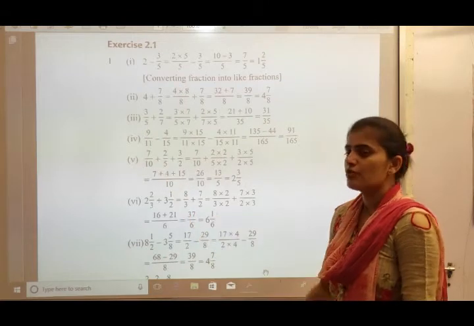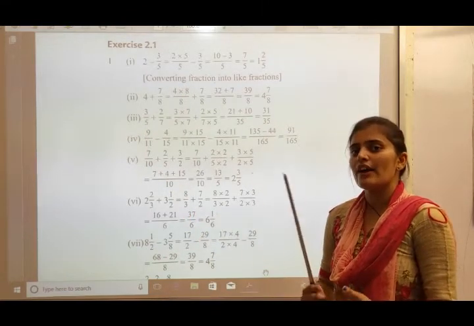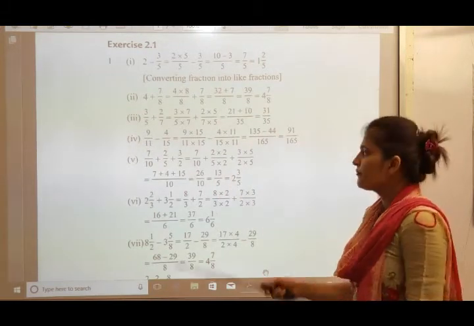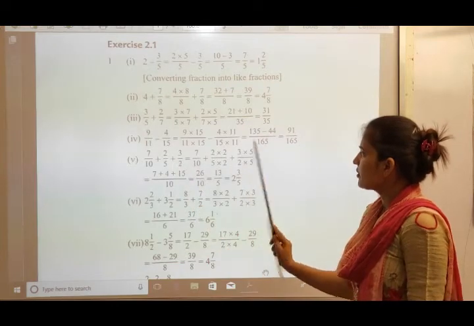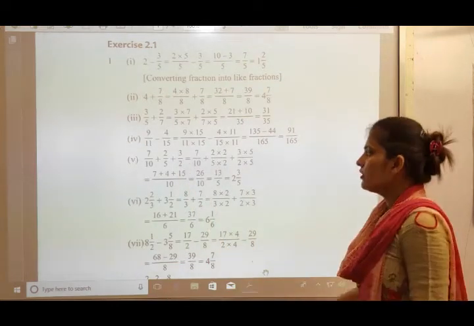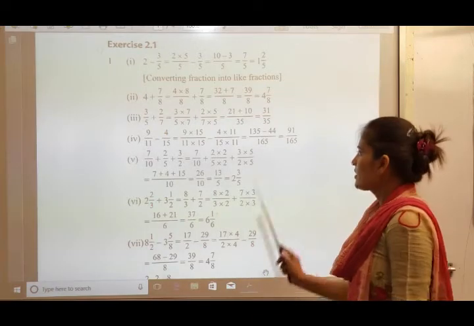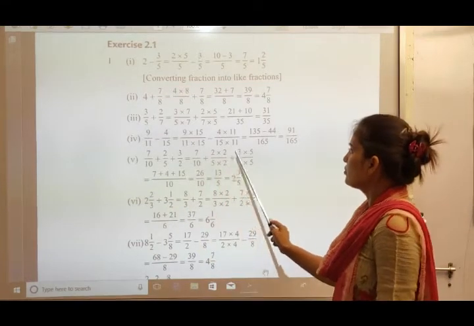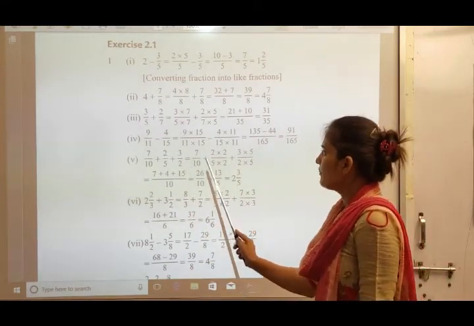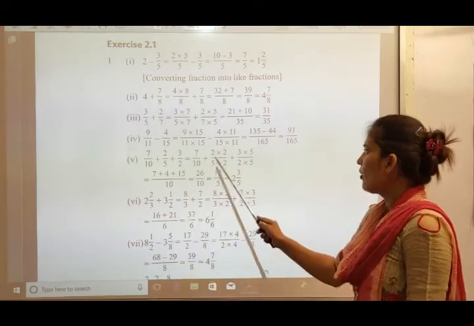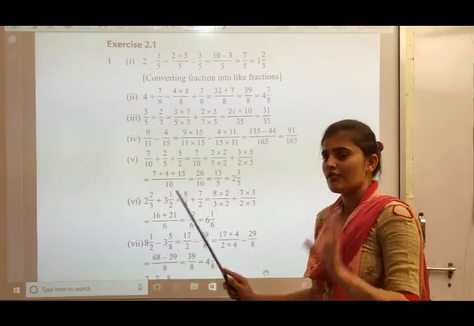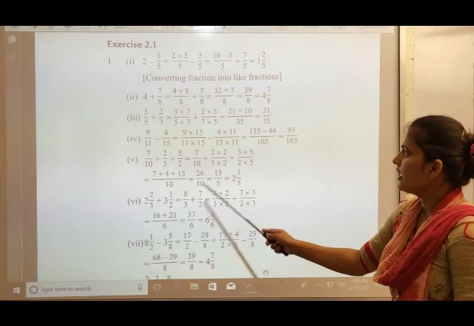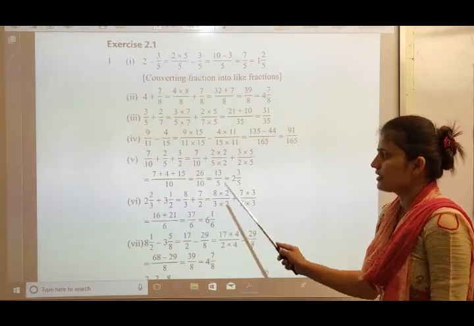Plus sign, same copy down. Now here it is 5, we have to multiply it by 2 to make it 10. So 5 2s are 10, and the same way we have to multiply the numerator by 2. So 2 multiplied by 2, and again plus, we put 3 by 2 as it is. What do we have to do? Again, 2 we have to multiply by 5. So 2 multiplied by 5 and 3 multiplied by 5. What will be the answer? 7, 2 2s are 4, 3 5s are 15, plus signs are there, all divided by 10. So it will be equal to 7 plus 4 plus 15, which is 26 divided by 10. So the answer is 13 by 5.